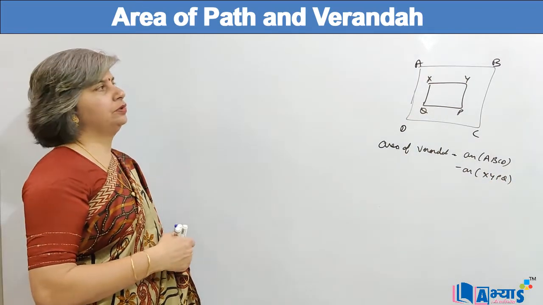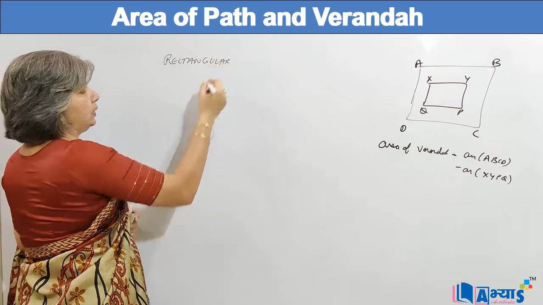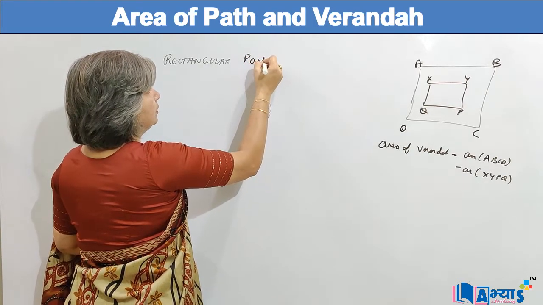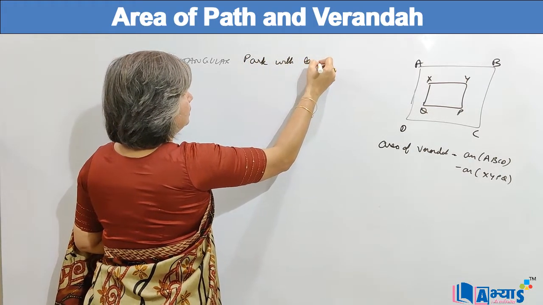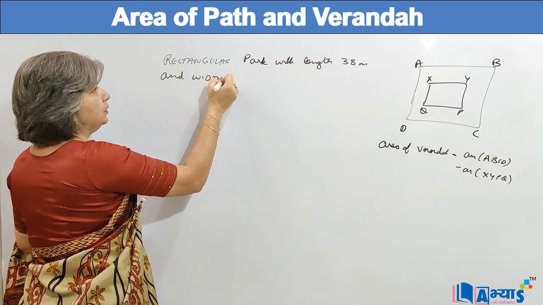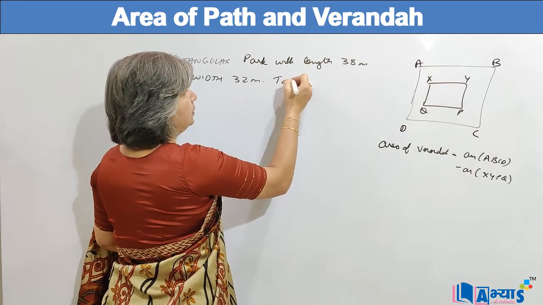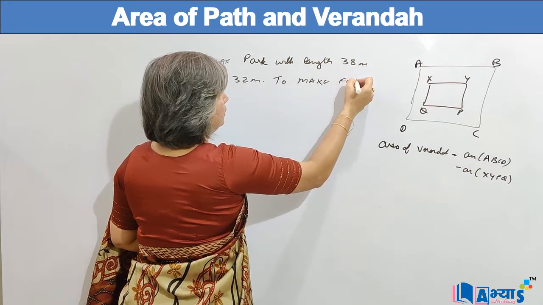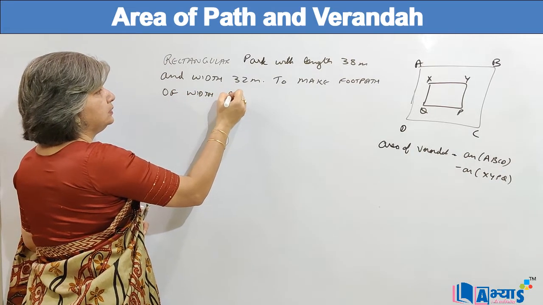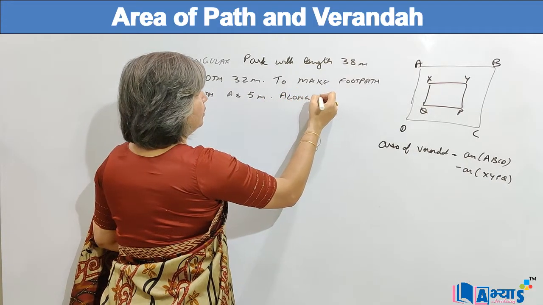Now let us take a question on this concept. Suppose we are given a rectangular park of dimension 38 meters by 32 meters, with length 38 meters and width 32 meters, and we are supposed to make a footpath of width 5 meters along the boundary